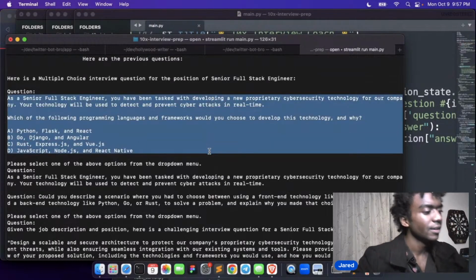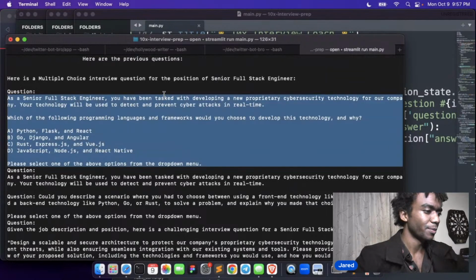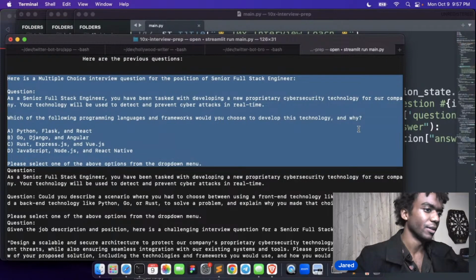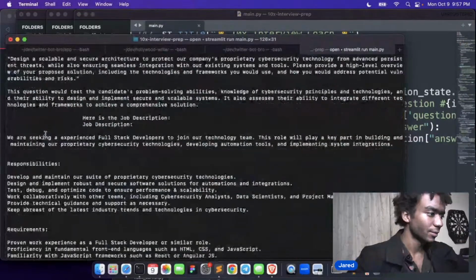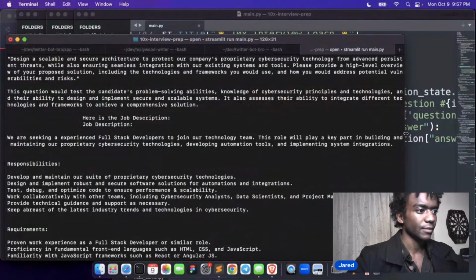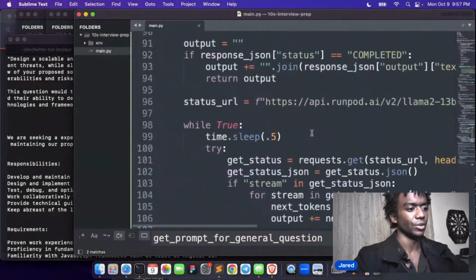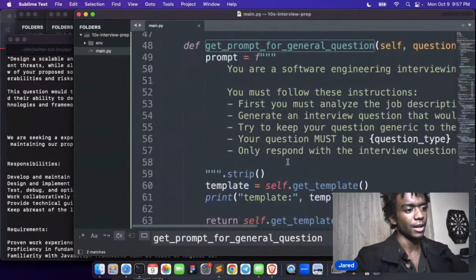Nice. This is the option from the drop down below. Okay, that's not what I said to do. So I've got to do a couple things in the prompt. I've got to say